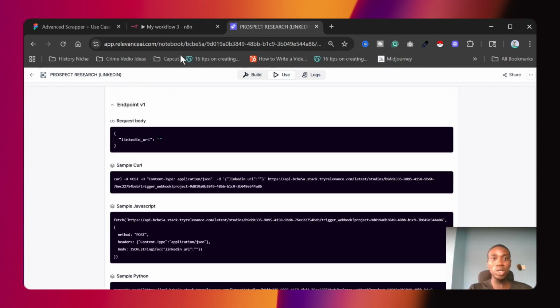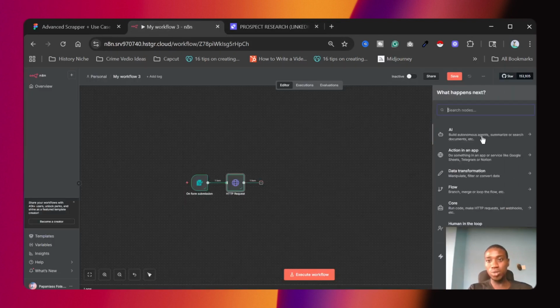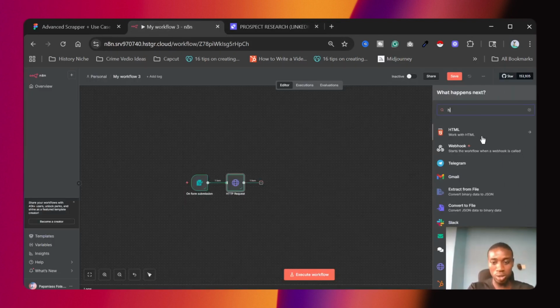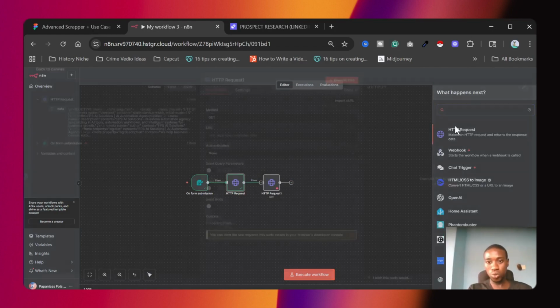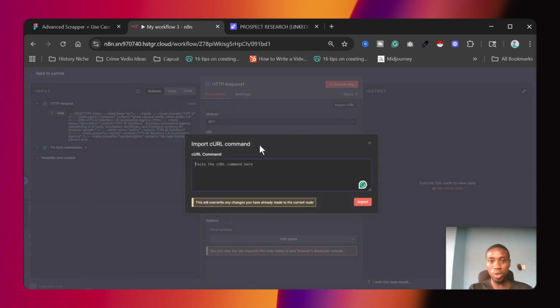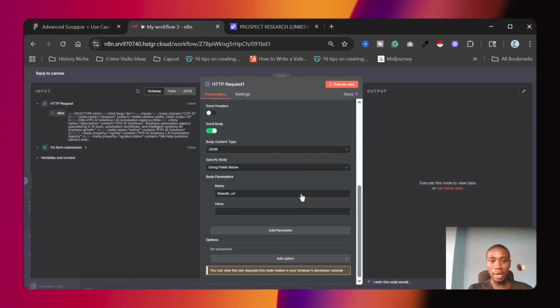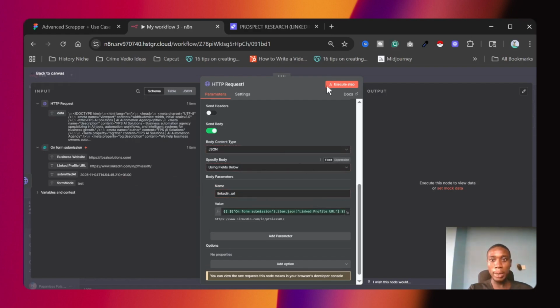You copy this, then come back to our editing workflow. Click on this, search for HTTP request. You don't need to set up anything here, just paste the code that you copied. Then you drag the LinkedIn URL from the previous nodes.